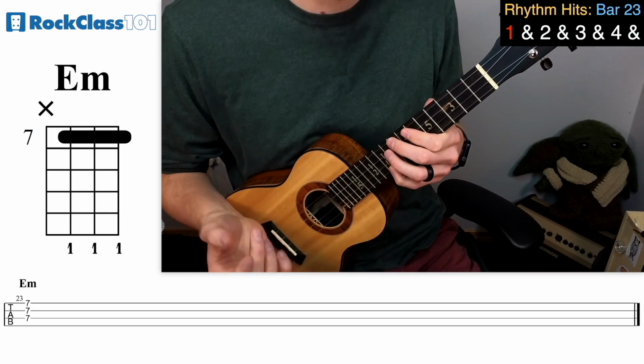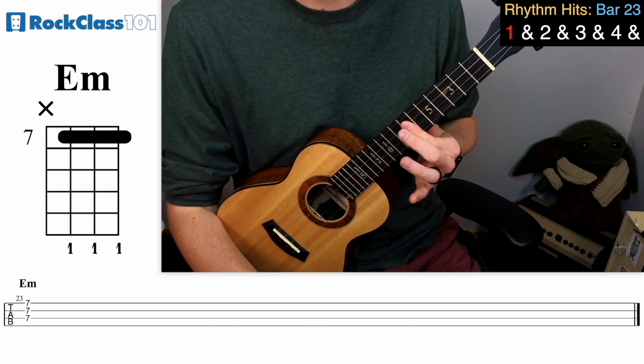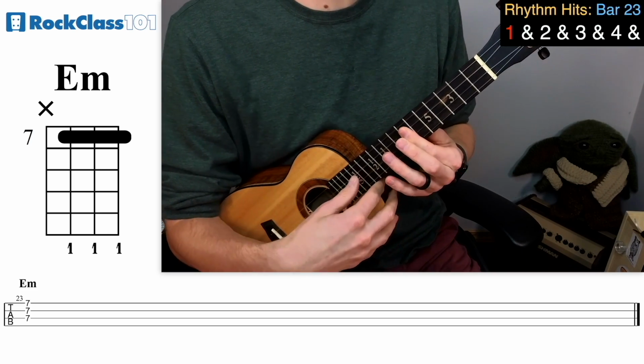And to finish the whole thing, we go to measure 23 and simply play 7, 7, 7 on the C, E, and A, barring across with the index finger. And that's all there is for the end of this. So measure 23 sounds like this. 2 and 3 and 4 and...